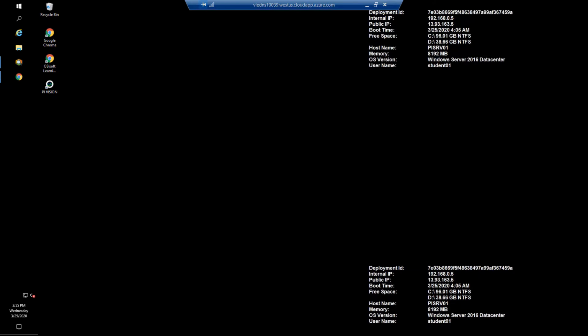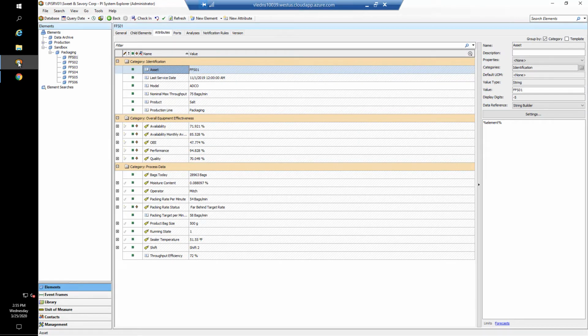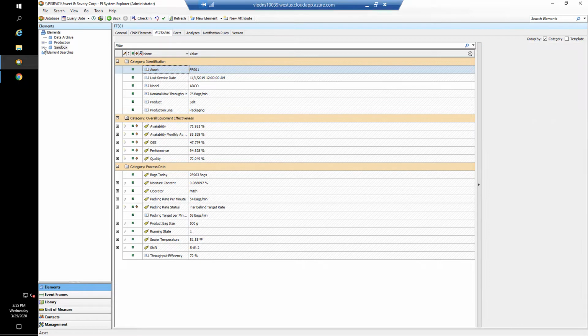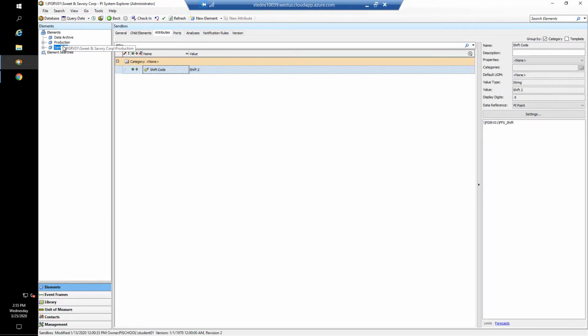Now, having seen a form, fill, and seal machine in real life, we're just going to go ahead and jump into PI System Explorer. This is the AF client. You should be relatively familiar with it. And we're going to just have a look at where we are. The way this system is set up, we've got two separate environments. There's a production and a sandbox. Now, in the real world, these would probably be separate databases, but for the sake of argument for this class, just to make it a little bit easier to switch back and forth, we've put them as just different sections